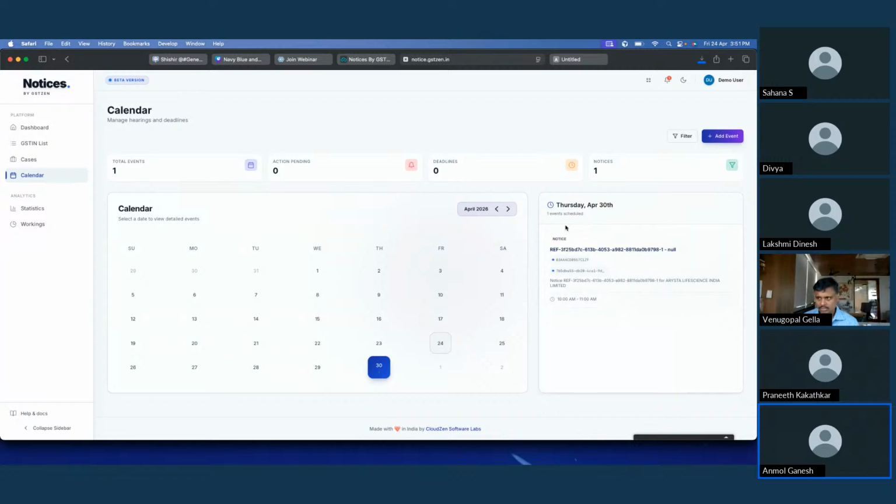Here we can see that we get a notice if the due date of response or the due date of reply is approaching. So whatever we are seeing beside the calendar section just says that here is the notice and your due date is on April 30th. So work quickly and just quickly finish this off.